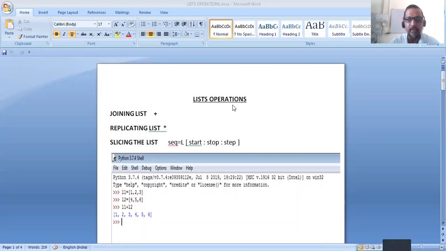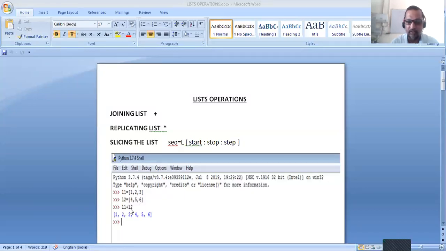Okay, list operations. First, we discuss joining list. For joining two lists, we use the plus operator. Suppose there is a list L1 having elements 1, 2, 3, and another list L2 having elements 4, 5, 6.